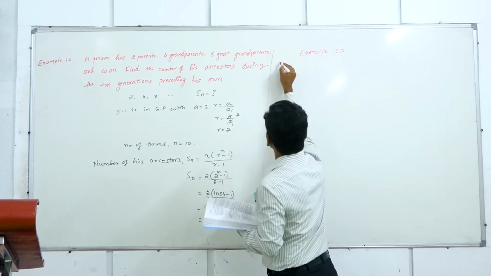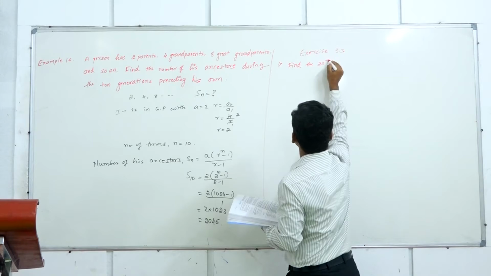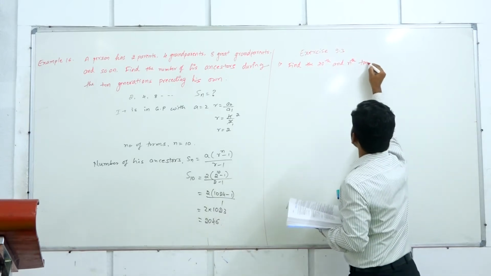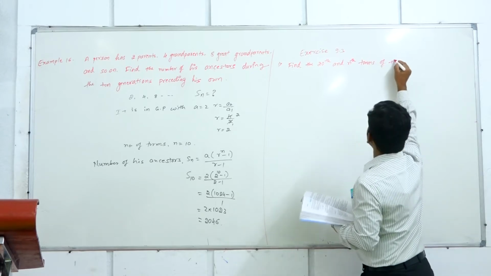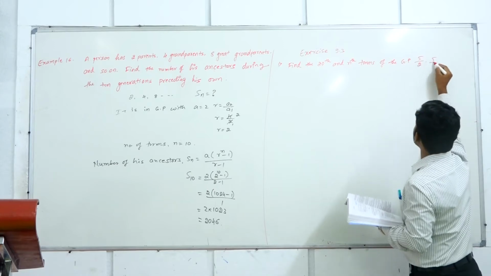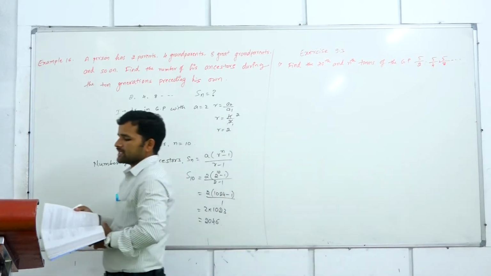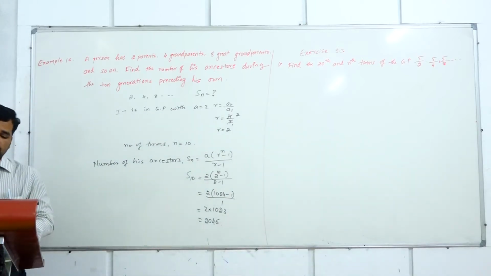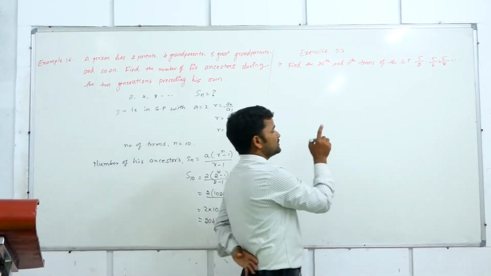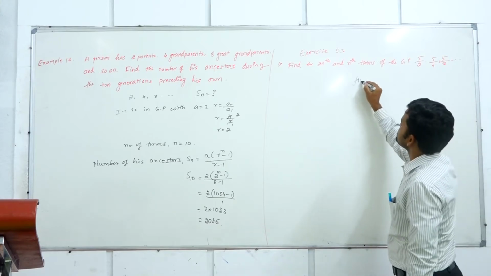Problem number 1 in that. Find the 20th and nth terms of the GP. The GP given is 5/2, 5/4, 5/8, and so on. Find the 20th term and nth term of this GP. What is the GP given? 5/2, 5/4, 5/8. So with that GP I can write first term a is equal to